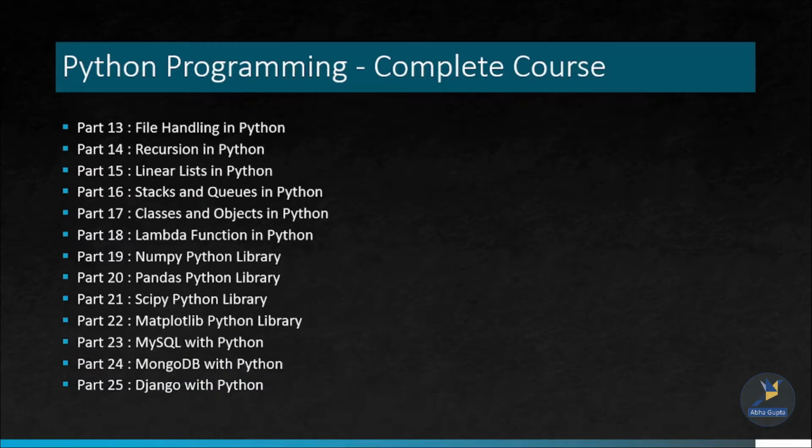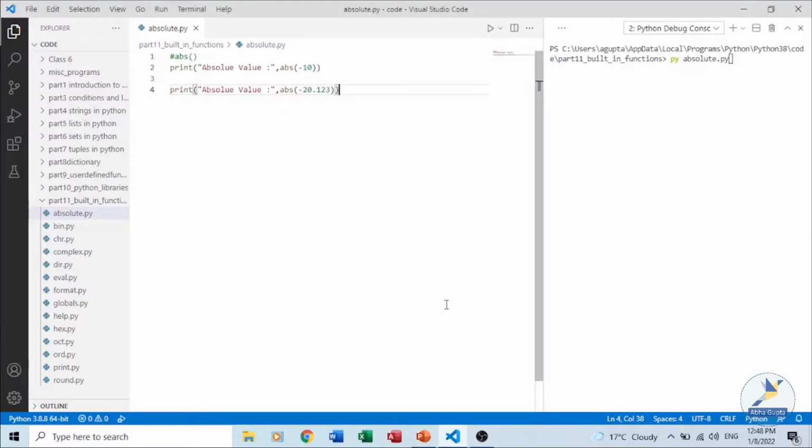In this video, we will discuss some built-in functions in Python. The Python built-in functions are defined as the functions whose functionality is predefined in Python. These functions can be used without importing any library, as the standard library is available by default when we install Python. To use built-in functions of Python, we simply have to write the name of the function followed by parentheses.